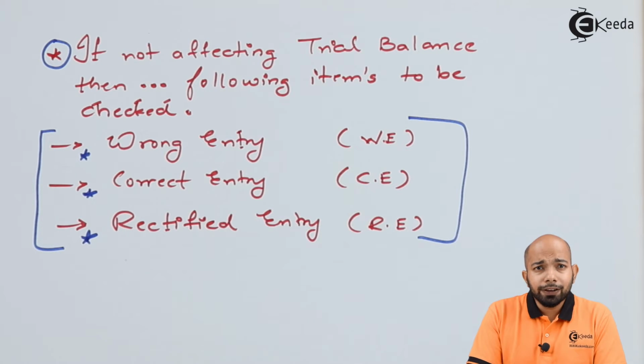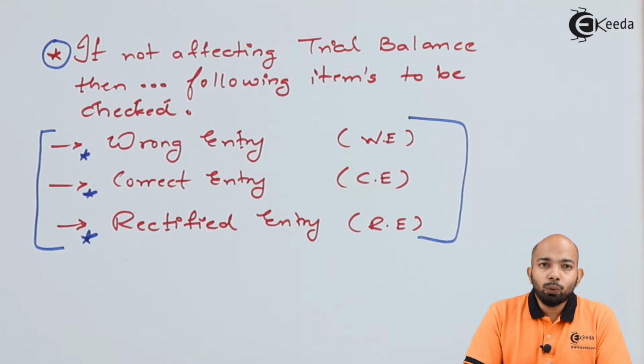When we talk about rectification of errors, there are three steps that we need to follow. First, to identify what is the wrong entry. Second, to pass the correct entry. And third, to analyze what will be the rectified entry. This is a very simple three-step process which you'll learn when you go ahead and practice the problems in the